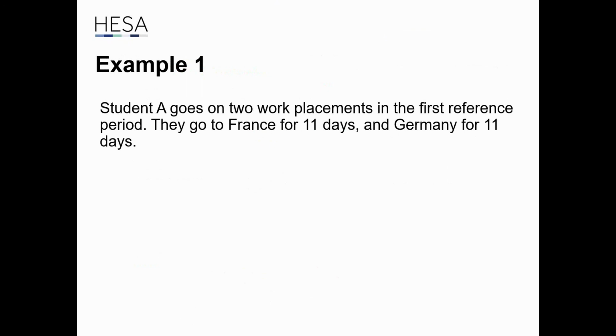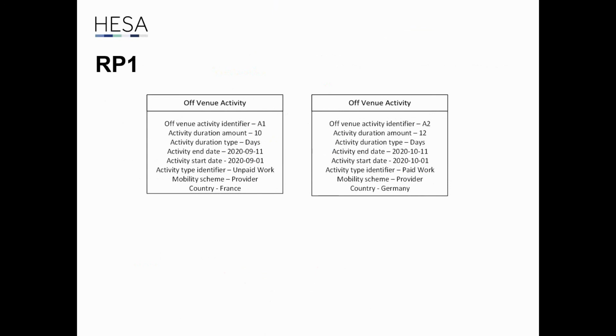So we're going to go through some worked examples now. Example 1: student A, aptly named, goes on 2 work placements in the first reference period. They go to France for 11 days and they go to Germany for 11 days. So in reference period 1, you would return both placements because the total adds up to 20 days or more in duration,